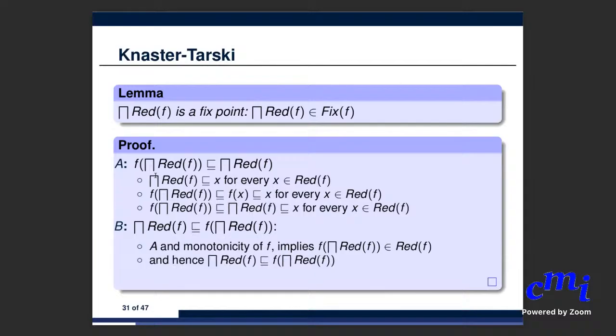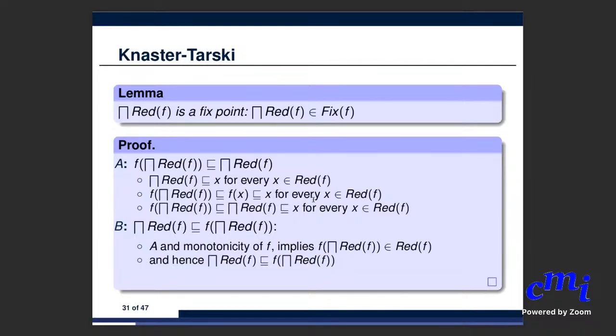So what is this? This is the greatest lower bound of all the elements of the lattice in descending chains, and therefore for every x in that upper set, the reductive set, this must be less than or equal to x. And by monotonicity of F, if you apply F to both sides, F of that greatest lower bound will be less than or equal to x, and this is true for